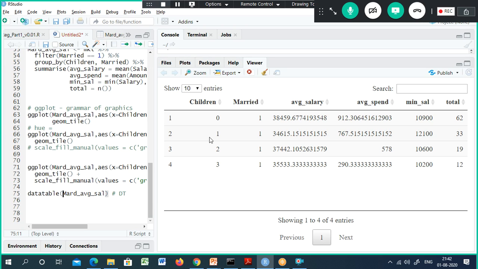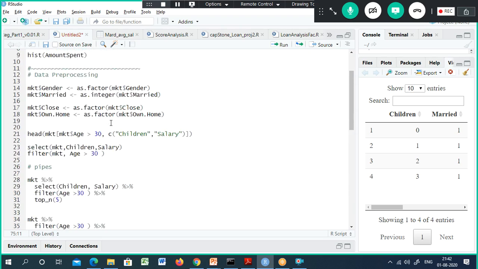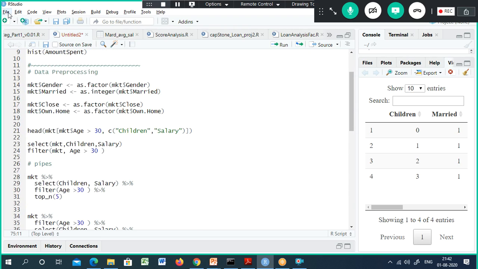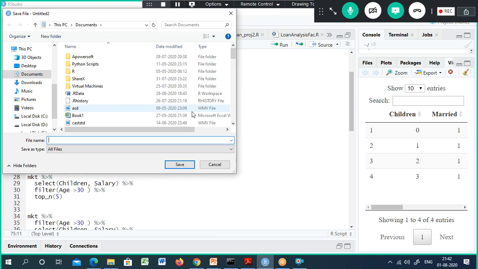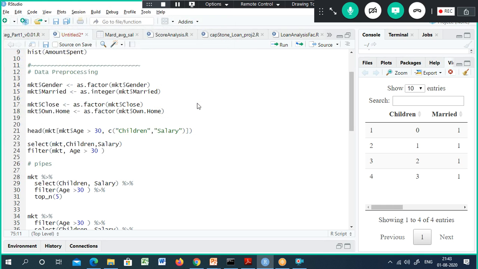What we will do is we have something called mutate. This is a very simple one. Let us not confuse with so many things. I'm going to save this one and I will share it with you. Start with this simple one. Okay, I just saved it. The next one is we will work on some other data set, and we'll try to do a lot of analysis using that one.